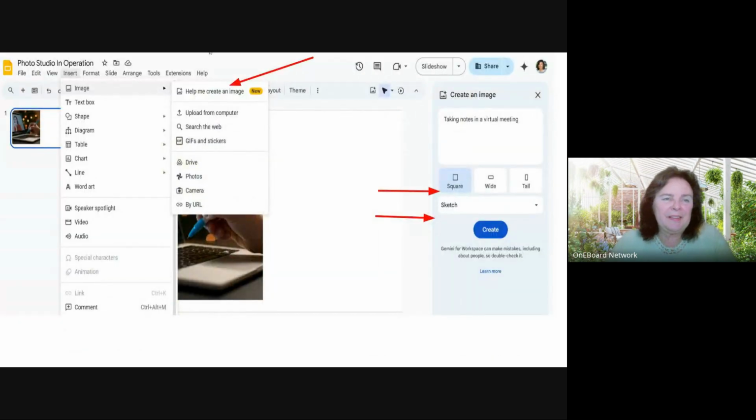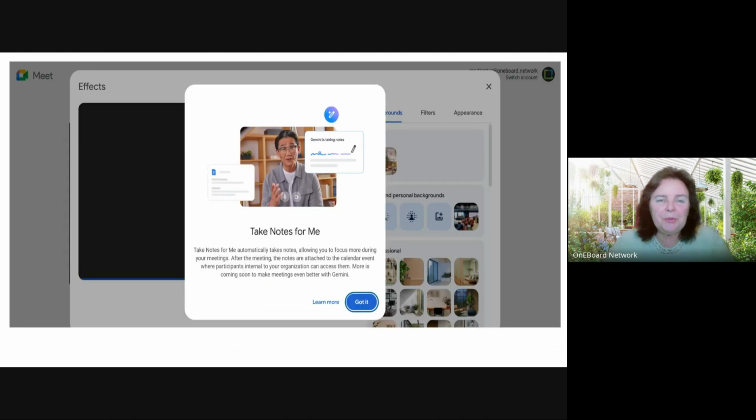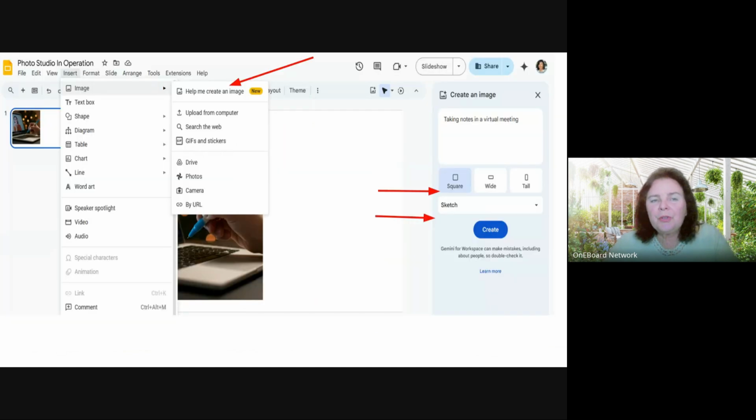And so first, last week we spoke about Take Notes for Me, which is now a feature in Google Meet meetings. Right now we are using it. So I wanted to see how to visualize it. And now in Google Slides we have Insert Image, and then you can ask Gemini to create an